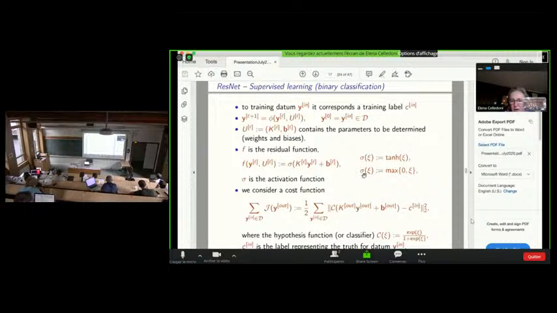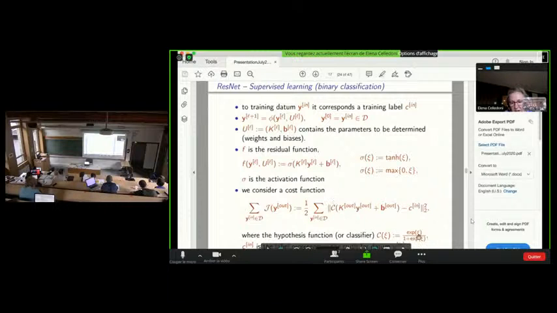But also later on in some of the analysis, I will consider the ReLU function, which is the max of 0 and x here. And just a little bit more on the structure of the optimization of the cost function, which is a typical cost function for deep learning.